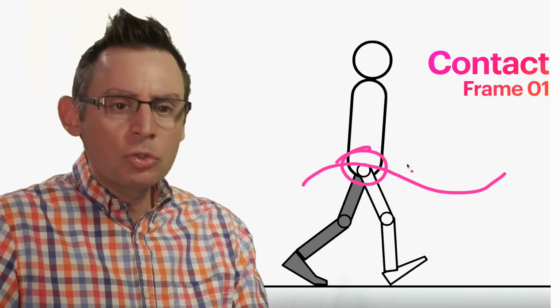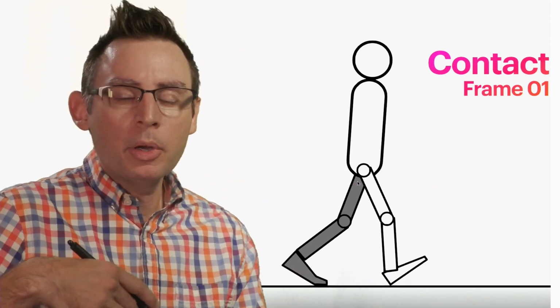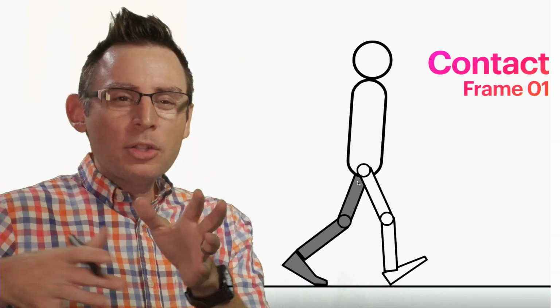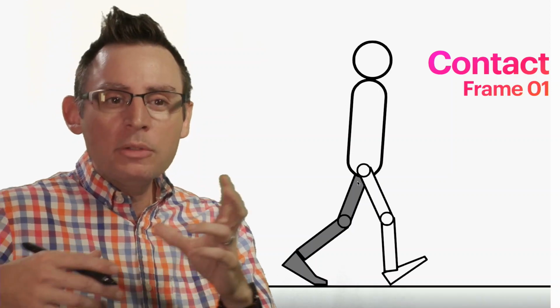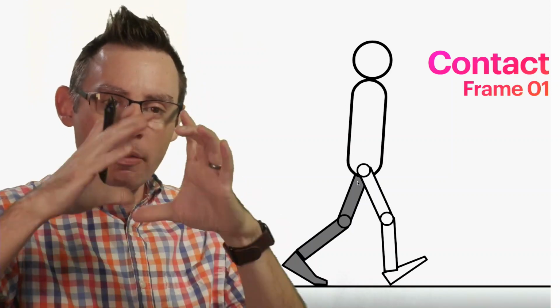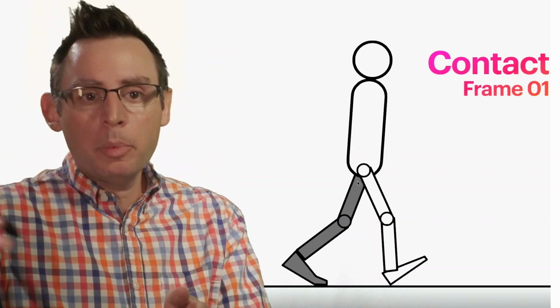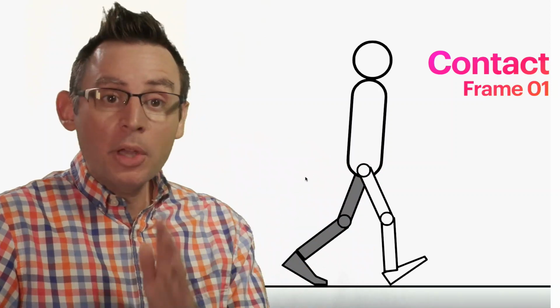I often draw my contact poses and then make some adjustments to the contact pose as I start to develop the rest of the poses in the walk cycle. So this is usually a pose that you're going to want to come back and edit once you've started to define how the character is going to compress and expand on the down, passing, and peak pose. Speaking of those other poses, let's start taking a look at some of them.